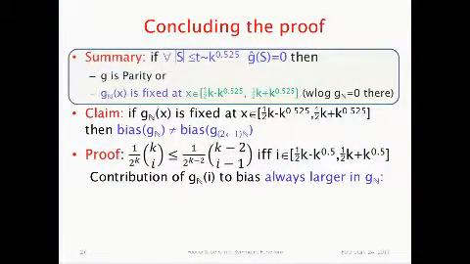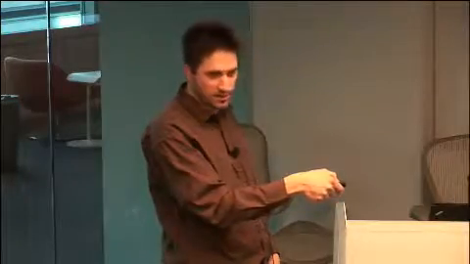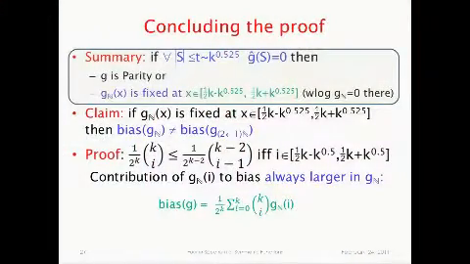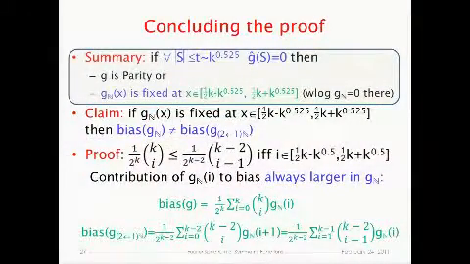So, but it means that basically, because this comes as the coefficient in the bias, the contribution of this guy, of I to the bias, is always larger in Gn compared to this guy, right? Because let's just write it. The bias of Gn, this is the coefficient. And here, if you do the calculations, this is the coefficient. So that's it. Good. So that's the end of the proof. Okay. So yeah, I mean, it's fast and it's a lot of modular calculation, but